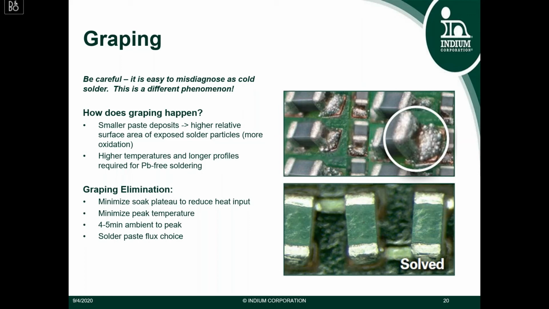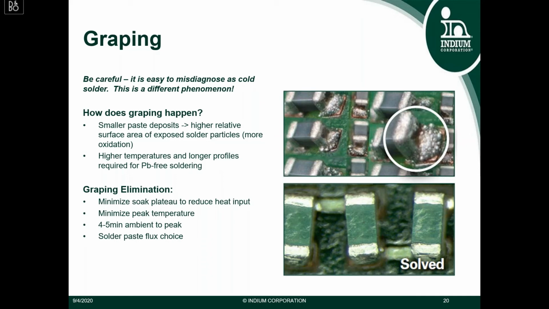As you decrease the particle size, there is a higher relative surface area of exposed solder particles compared to a larger particle size. This gives more of a chance for oxidation to form on the outside surfaces of the finer particles. Graping usually occurs at higher temperature or longer profiles,